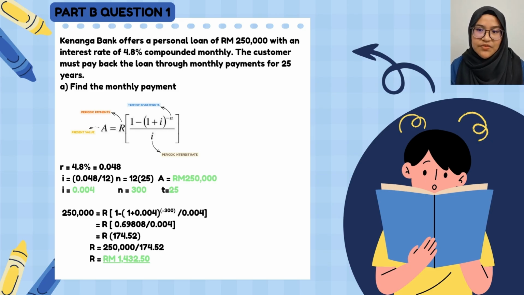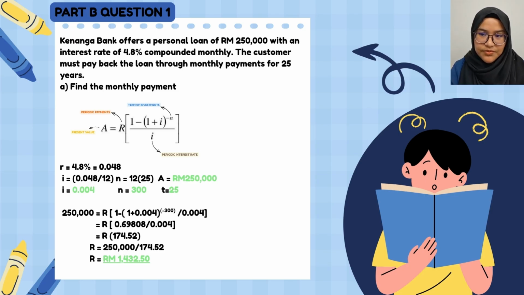So we have to use the present value formula, which is A equals to R in bracket 1 minus 1 plus I to the power of negative n over I close bracket. So in order to find the I, we have to take 0.048 over 12, and we get I equals to 0.004. For N, we take 12 times 25 because it is compounded monthly and duration is 25 years, so N